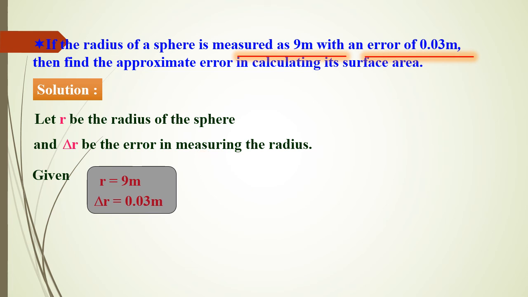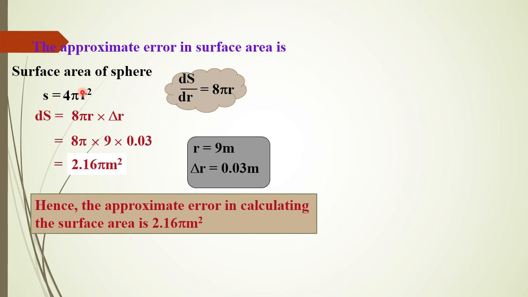Now find its difference. S equal to 4 pi r square. Differentiate S with respect to r. So delta S divided by delta r equal to 4 pi. 4 and pi are the constant terms, right? As it is r square, the derivative will be 2r. Next, delta S you keep there only. 4 into 2, 8 pi r, right as it is. Delta r you multiply to the right hand side, so it will be this much.